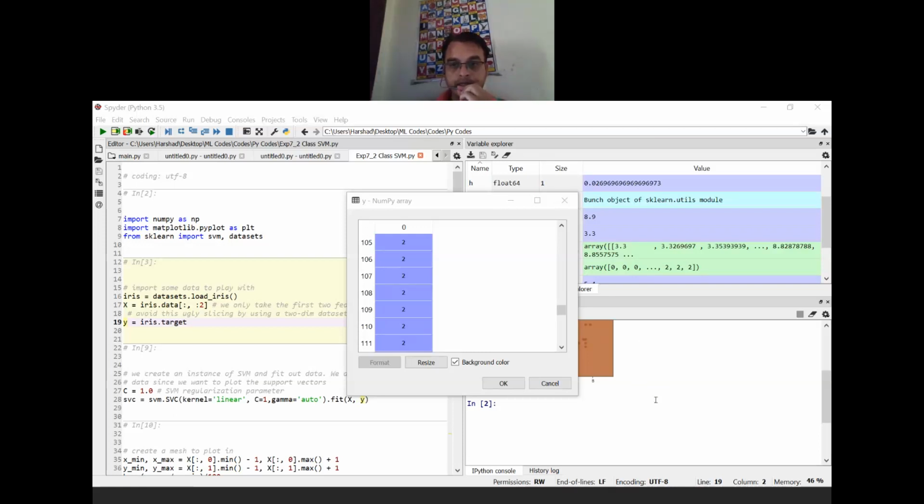Yes, correct, these are the classes, but why are they repeated as 0, 1 or 2? 0 stands for the first class of the flower, 1 stands for the second class, and 2 stands for the third class.